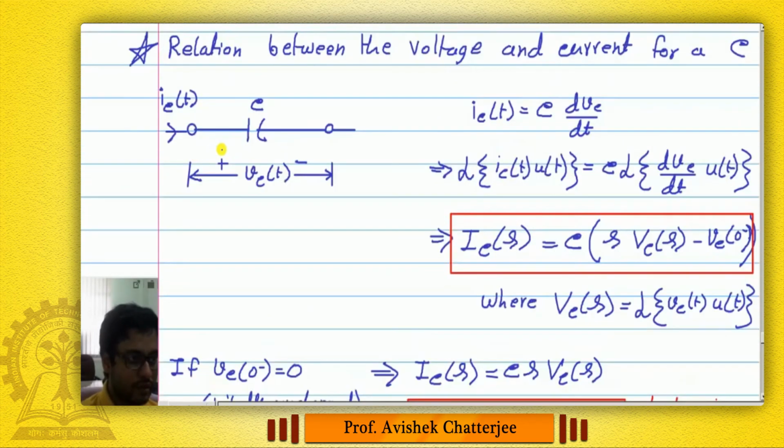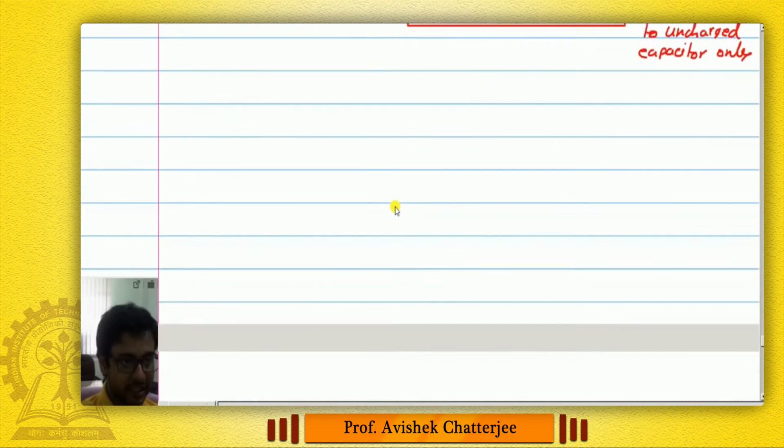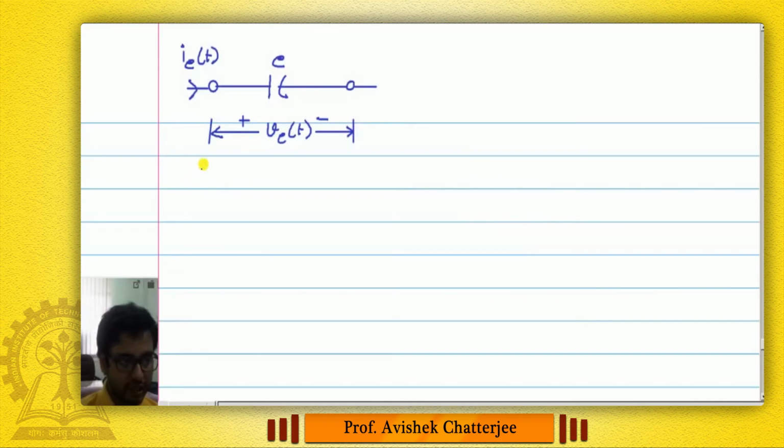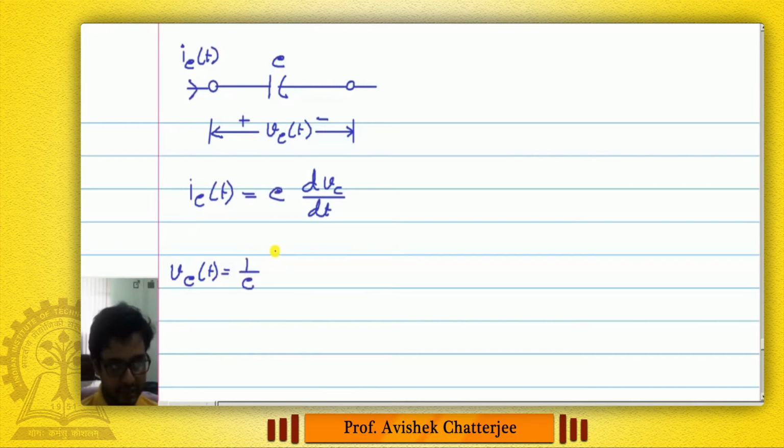Okay, so this is the capacitor for which you can write iC(t) is equal to C dvC/dt, or you may write vC(t) equal to 1 over C, bringing it this side, then integration of iC(tau) d tau, integration of current starting from time 0 up to a desired time t, plus a constant of integration, which will be nothing but the value of this voltage vC at 0 minus.